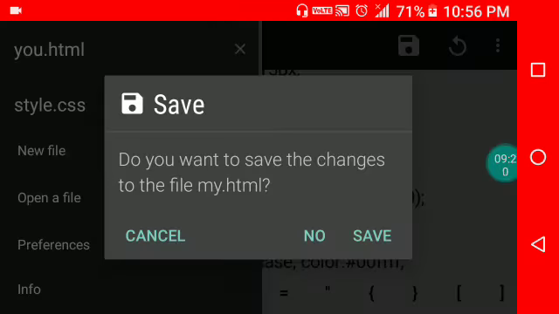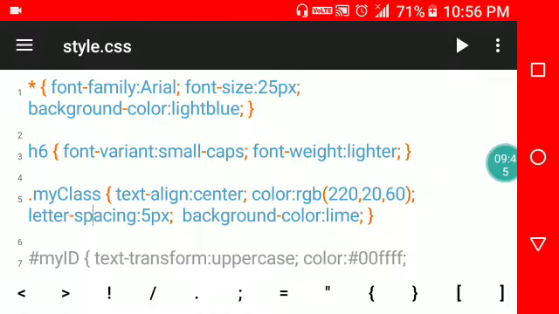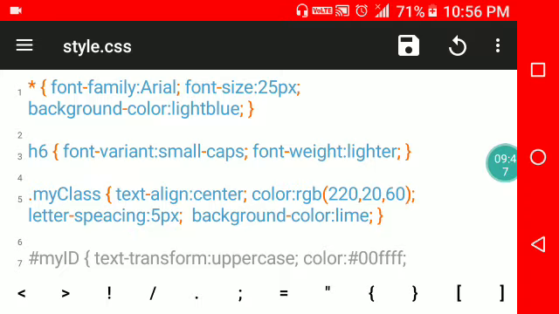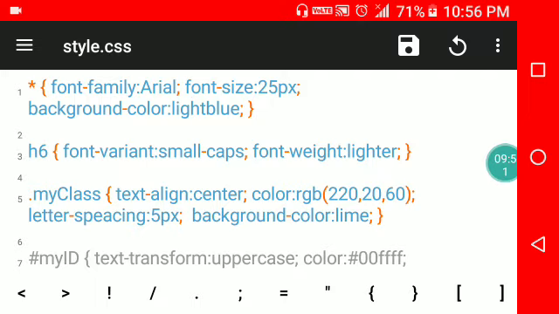I have written the CSS code separately. This one is the universal selector. This is the type selector, the element selector. This is the class selector, and this one is the ID selector. And what is the name of the file? Your file name should be style.css.